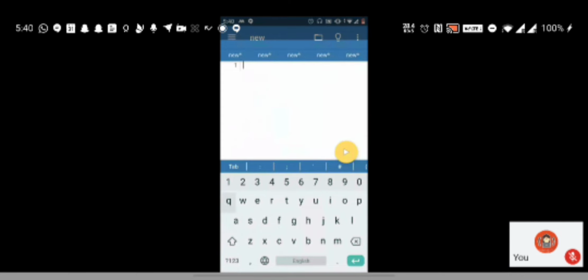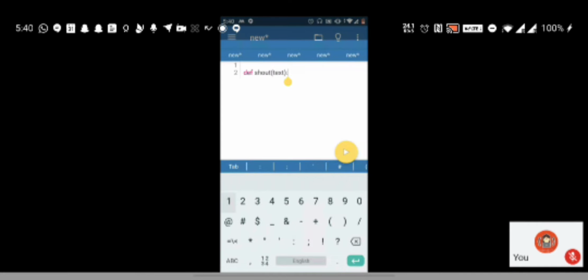Okay. So yeah, this is the example. Now I have two functions. I have shout. Whatever text you pass in shout, it will return that text all in uppercase. That is the task my shout function is doing.